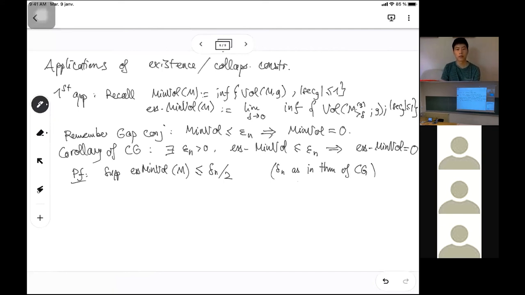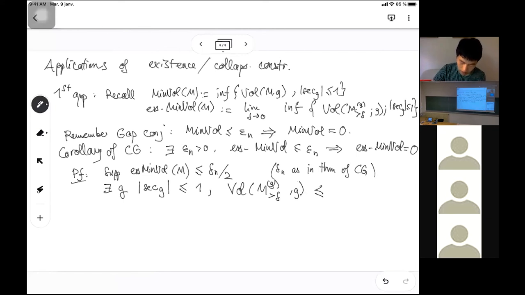Then there exists a metric such that the sectional curvature is bounded by 1, and the volume of the thick part